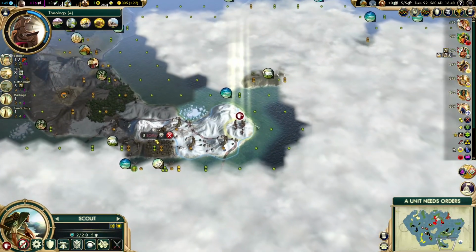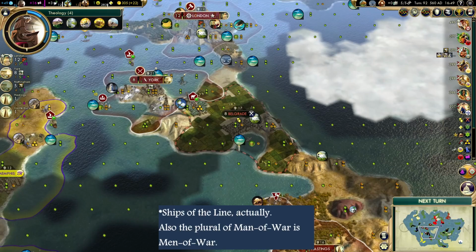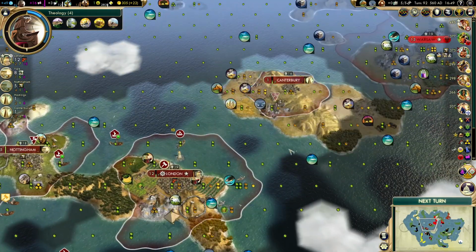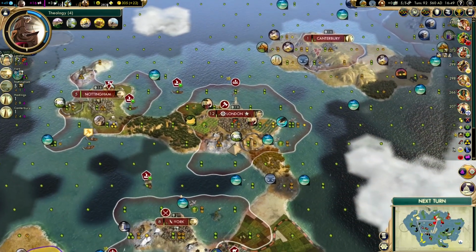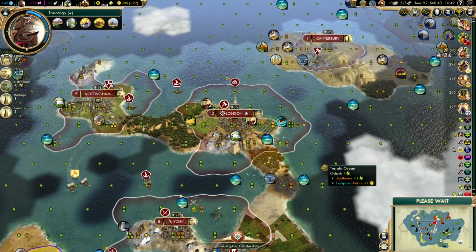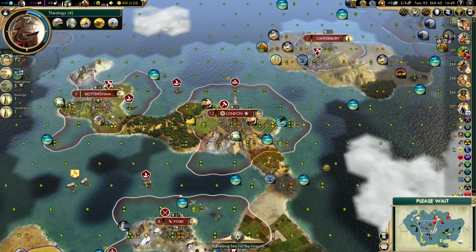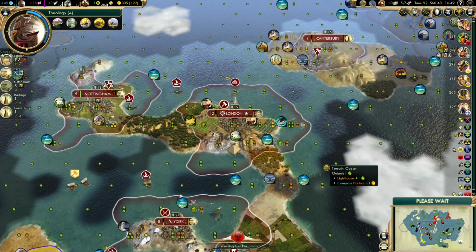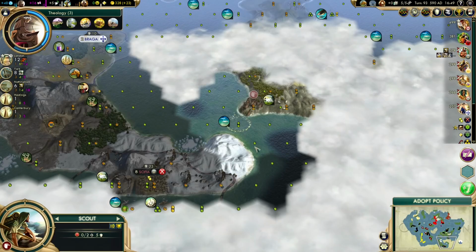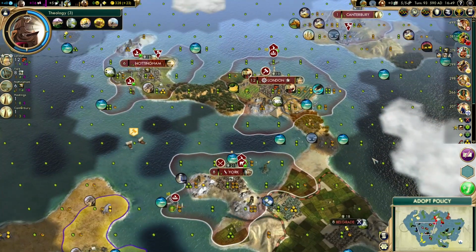Alright. Iron will also be important, because without it we can't build our Man of Wars. So hopefully with these resources we can get 9 of them, which will be very nice. Should be enough to take out pretty much anybody on this map. Like I said, just bring the triremes back home and keep them in our borders until we get